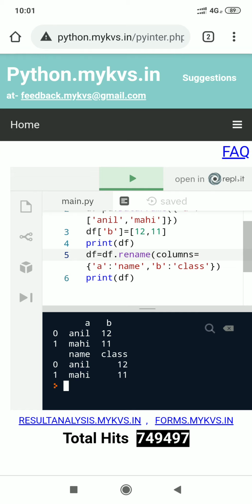So what will happen here, you are creating another data frame with modified column names, A with name and B with class, that is assigned to the data frame, and since we are using the same name, df will be changed. And if we execute the statement and display the value of df, it will display the modified column names, meaning columns A and B are now name and class.